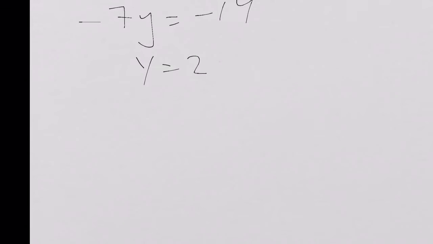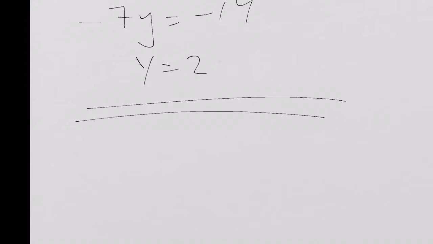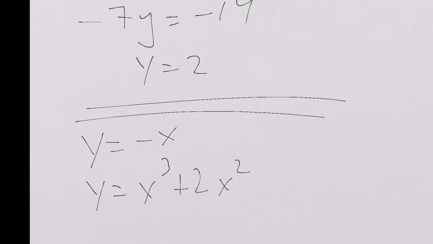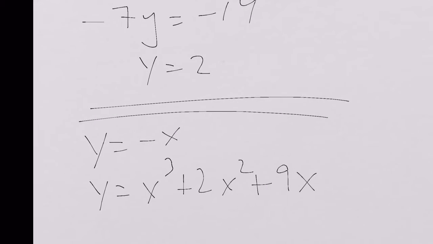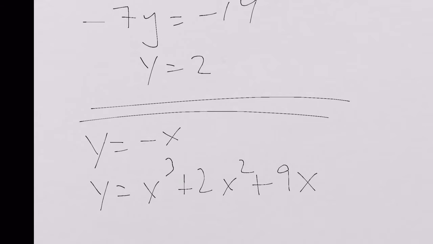There was another problem on WebAssign that looked fun. It was number 4 on mine. So y equals negative x and y equals x cubed plus 2x squared plus 9x. If you're looking at this problem, the substitution becomes, instead of writing y, why don't I